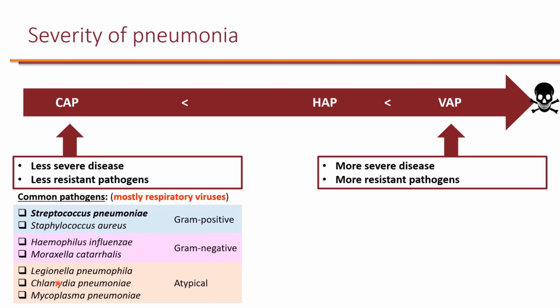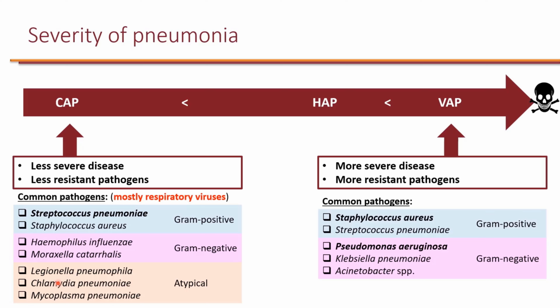Now, when it comes to nosocomial pneumonia, you're more likely to have multi-drug-resistant organisms causing HAP and VAP. Of course, Staphylococcus aureus is one of the #1 organisms causing nosocomial pneumonia, and in this case, often the strains are MRSA. And of course, just like CAP, Streptococcus pneumoniae is the #1 respiratory organism that can also cause pneumonia